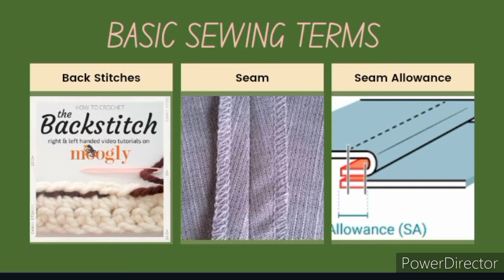Seam, which we have done before. A seam is a line where two pieces of fabric are sewn together. Then seam allowance, that is the fabric between the edge and the seam. That's what we mean by seam allowance. You can see from the image there that it is the fabric between the edge and the seam. The seam allowance may be different depending on the type of fabric